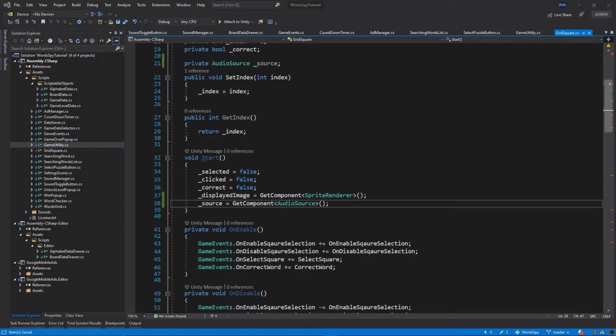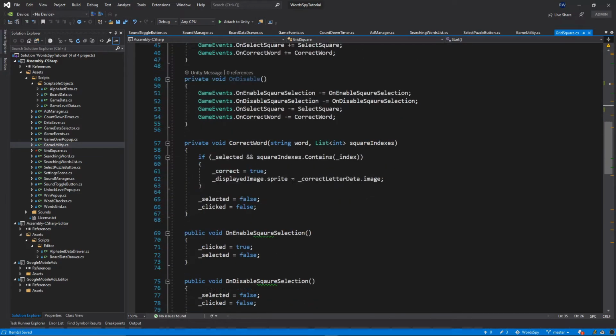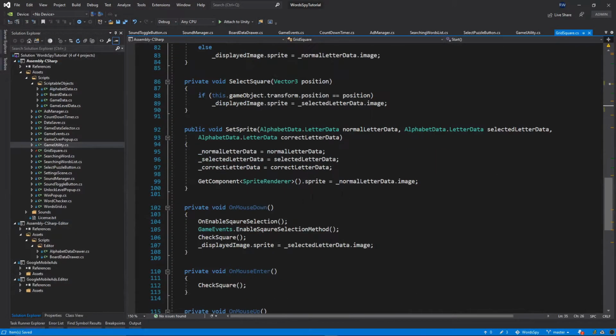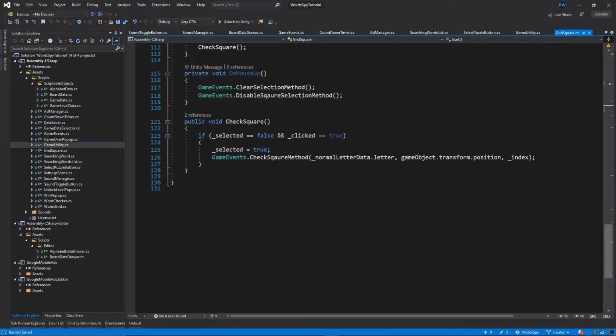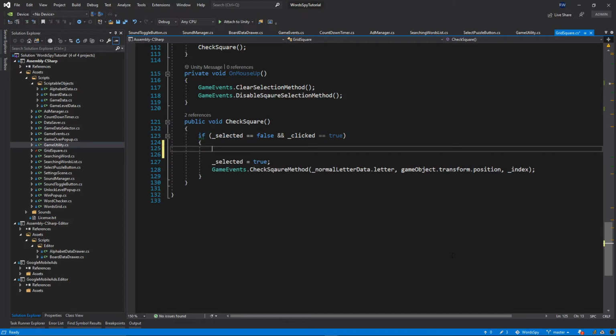Okay, and then let's go back now to our CheckSquare function. So scroll down and let's find CheckSquare. It's the last function. Inside this if statement, if selected, we want to play our sound.